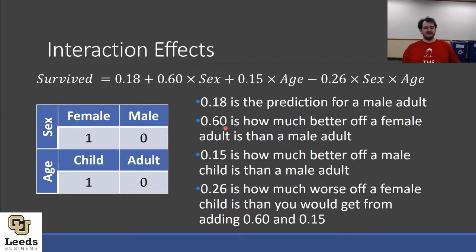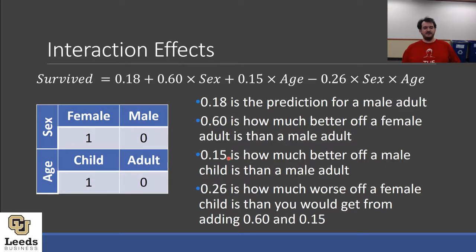What is 0.6? 0.6 is how much better off a female adult is than a male adult. So we still ignore everything that has an age on it. And that just means that the difference here is 0 and 1 for sex. So 0.6 is our difference there. So as sex changes between 0 and 1, we're multiplying either 0 or 1 times 0.6. So that's how we will get the number that a female is 0.6 better off. Similarly,